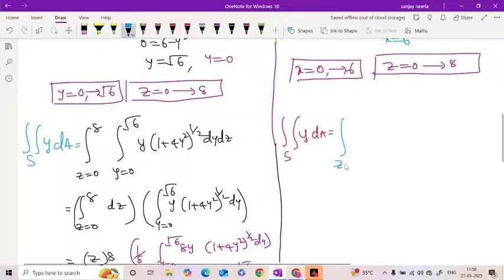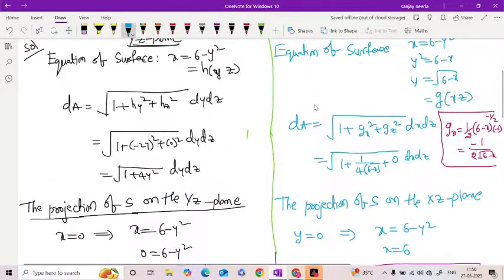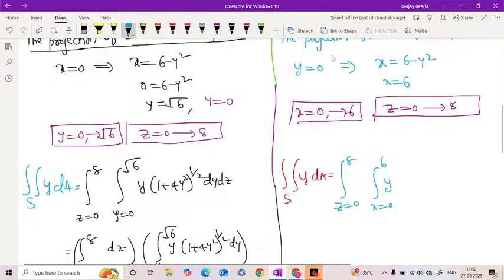First of all, z is equal to 0 to 8, and x limits are 0 to 6, and y. What is the y here? Y is equal to